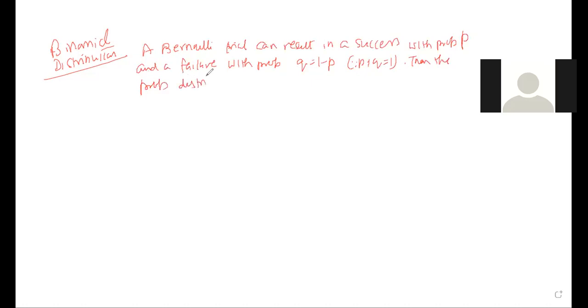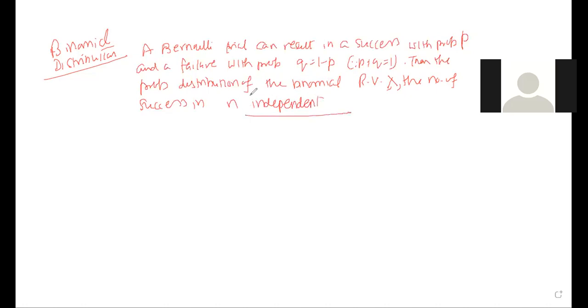the probability distribution of the binomial random variable X, the number of successes in n independent trials, is given